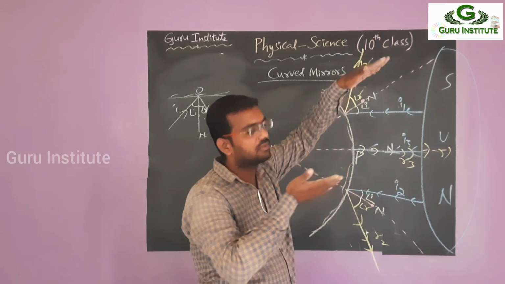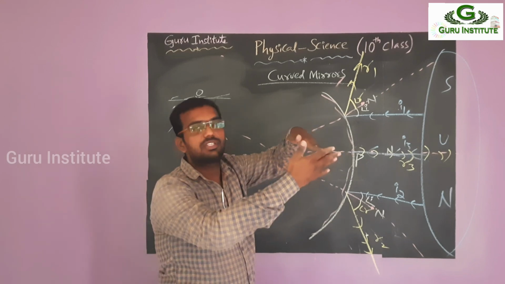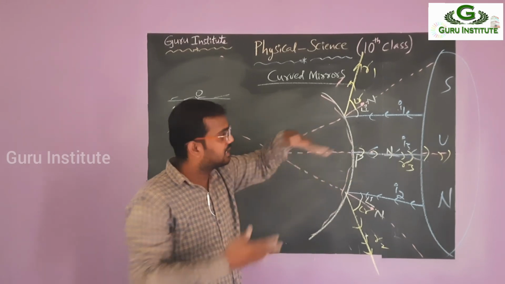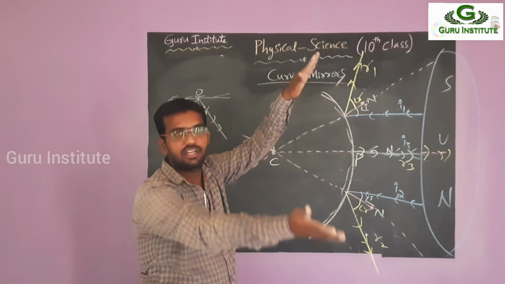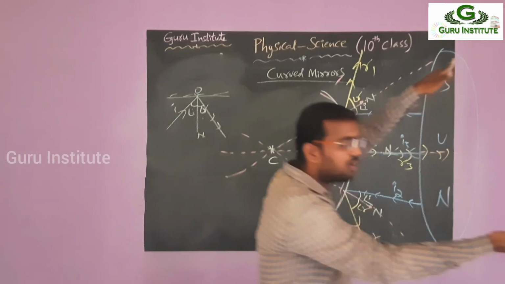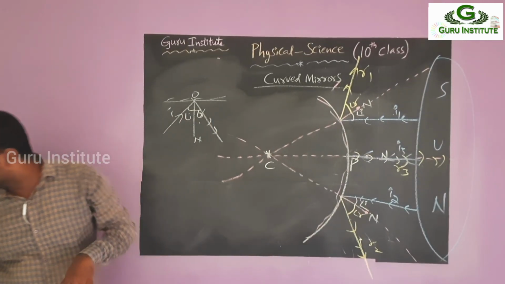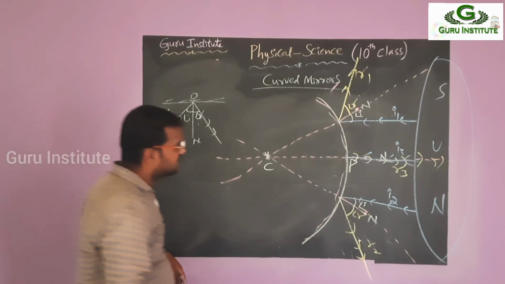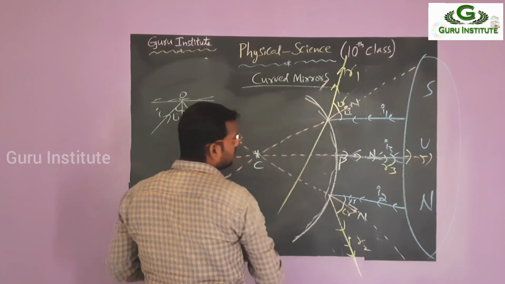In case of concave, one is moving like this, one like this, one bending like this, so they are able to meet here. But in this case, one is moving upwards, one is moving downwards, one is straight. They are deviated, so they do not meet directly anywhere. Suppose you go back side, they have a chance to meet. So let's check if they meet or not.